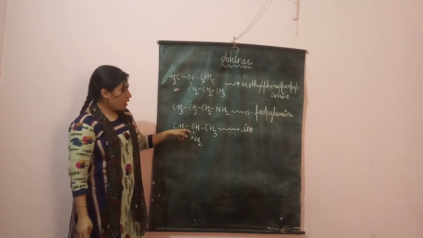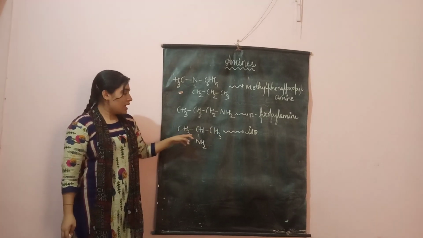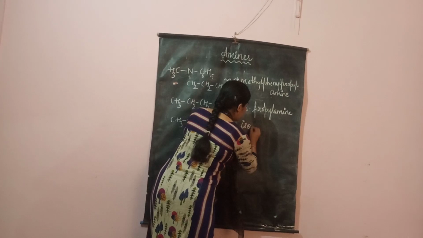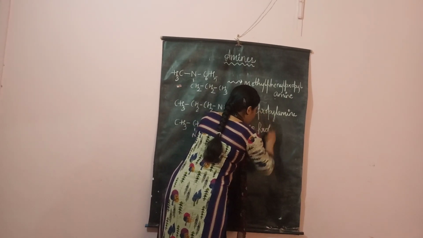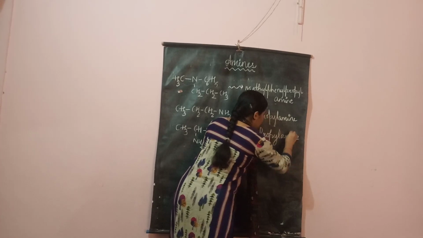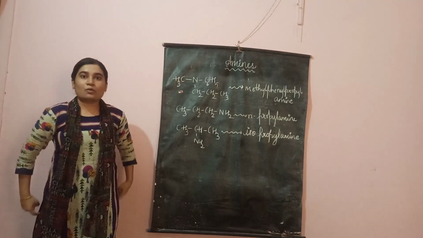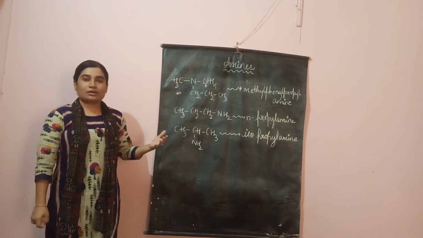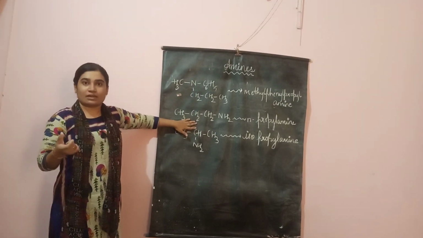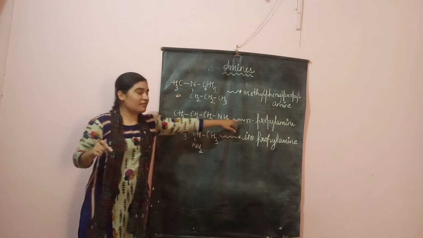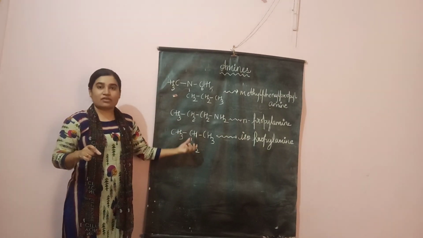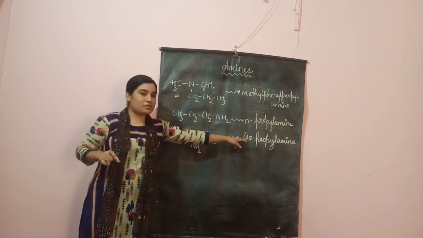Iso, how many carbon atoms? Three. Isopropyl amine will be the name now. Iso remains the same, then propyl amine. So this is understood: how to name for the closed common nomenclature. Whenever you have a straight chain, you take the prefix N. Whenever you have a branching carbon, if your functional group is branched, I will take the prefix iso.